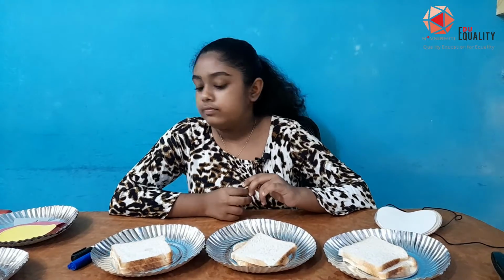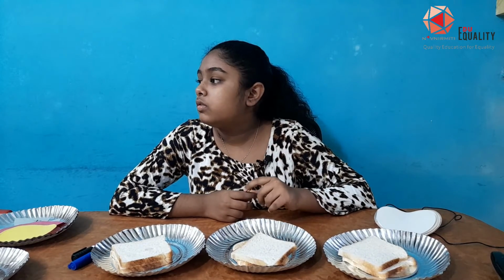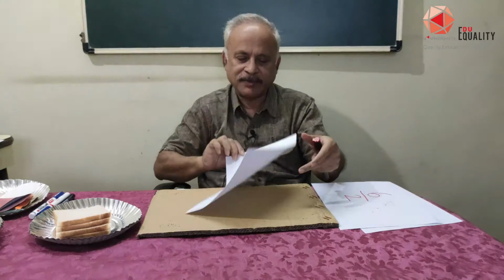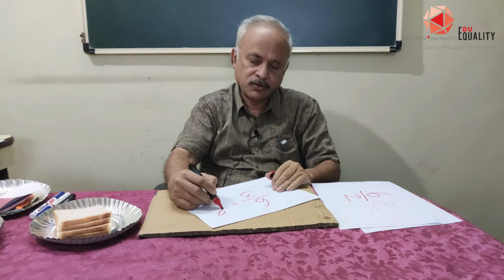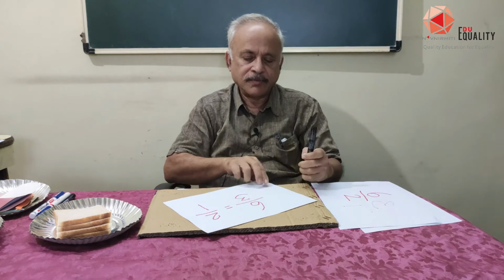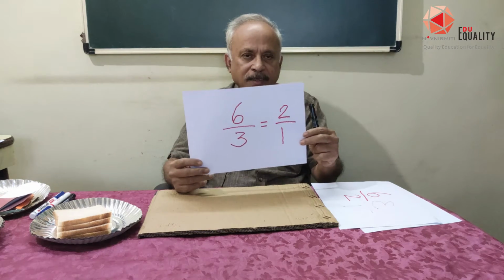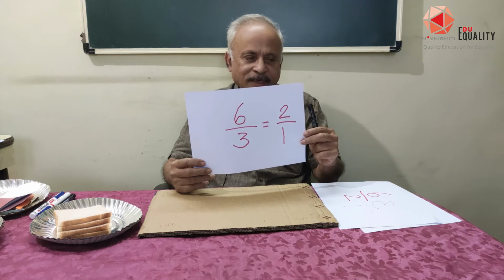And what is your answer? 2 by 1. Very good. So 6 by 3 is equal to 2 by 1, because one person gets 2. Okay. Alright, now